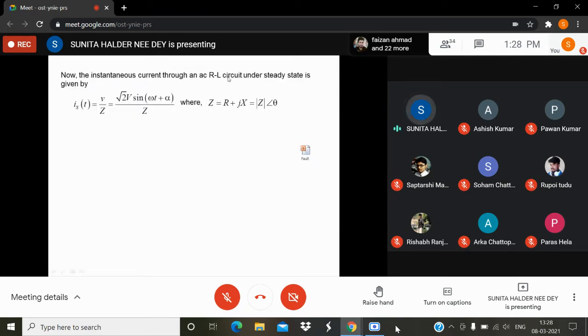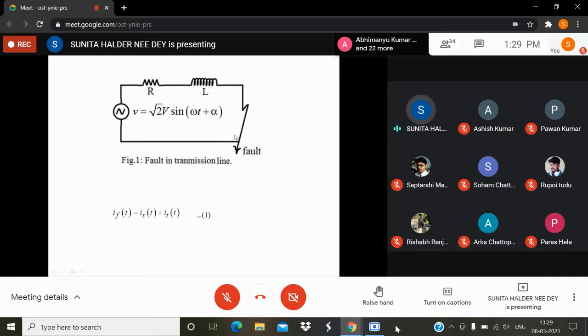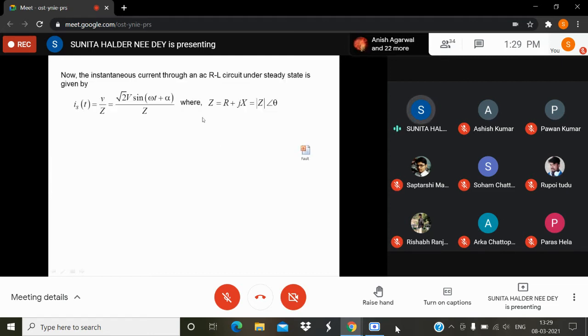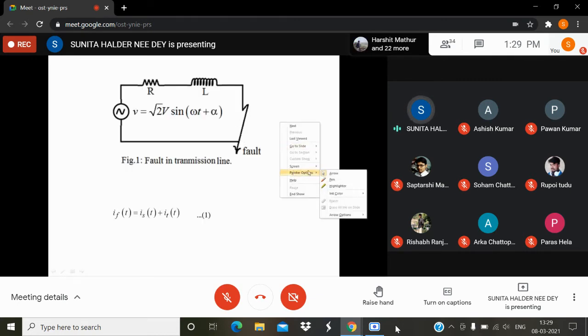So, the instantaneous current of an RL circuit under steady state condition. This is the steady state part. Steady state part will be V by Z, because for steady state the fault is sustained for a long time. So this is the impedance of the circuit, this is the voltage. Then what is the steady state current as we calculate for the AC circuit? So this is V by Z. So V is root 2 V sin(omega t plus alpha). Z is the impedance of the circuit. Here impedance means impedance of the line. Now here, if there be any fault impedance in this path, then that should be included, ZL plus ZF. But generally we neglect ZF and consider ZF as 0, right?